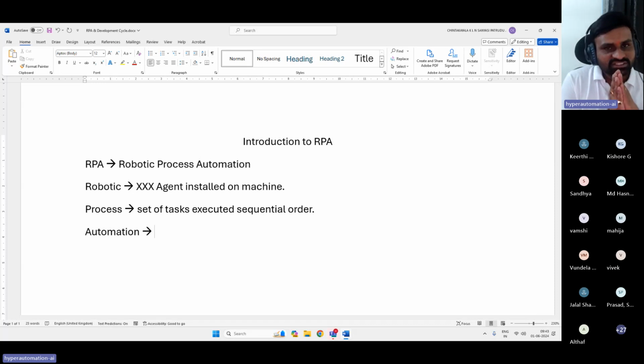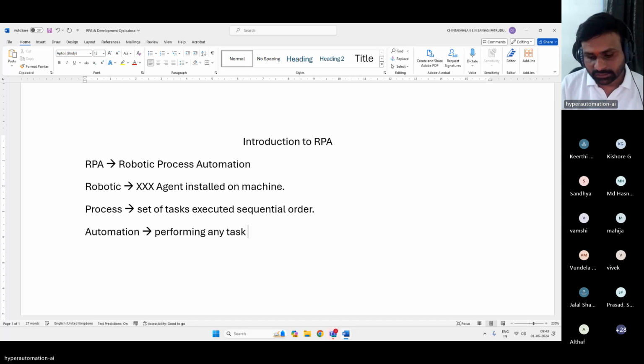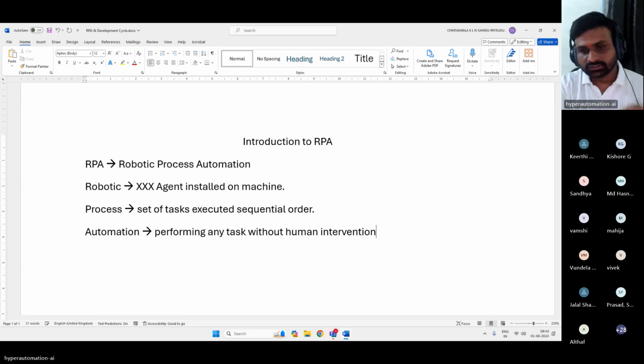Automation is nothing but reducing the manual effort, or handing this entire work over to a robot, which is nothing but performing any task without human intervention, right?